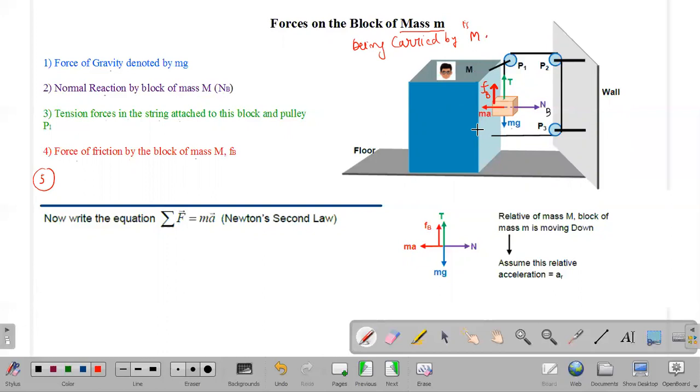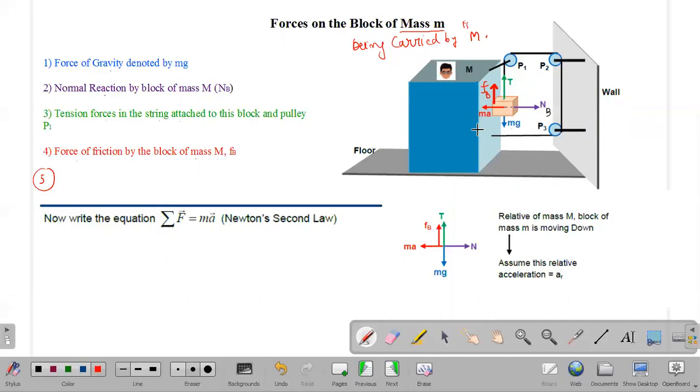Whenever you find some mass being carried by some other mass, the carrier should be the frame of reference for the simplicity of equations. It is always beneficial to take the carrier as the reference frame, and the object which is being carried should always be observed in the frame of the carrier. It makes the equations very simple. Observations are very simple, and you can simply write down the equations.